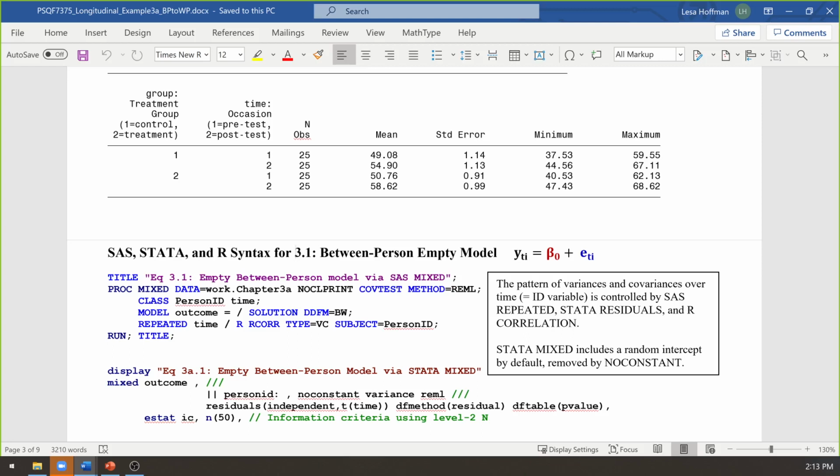Yes, you do need to have an ID variable for occasion in the same way that you have an ID variable for person. And you actually are going to need two ID variables for occasion because in the code, at least in SAS, one of them is treated as an ID variable and one of them is treated as a predictor. So for the ID variable, it can just be like time 1, time 2, time 3.